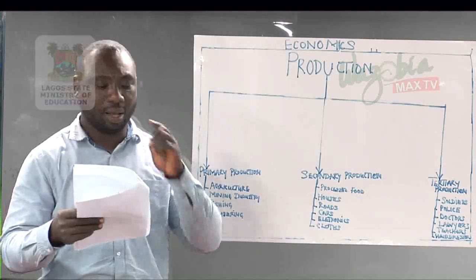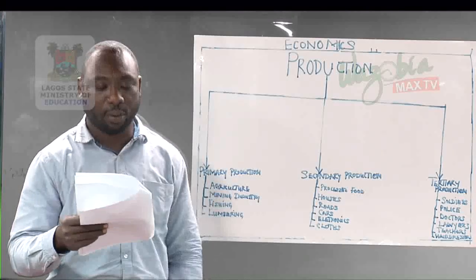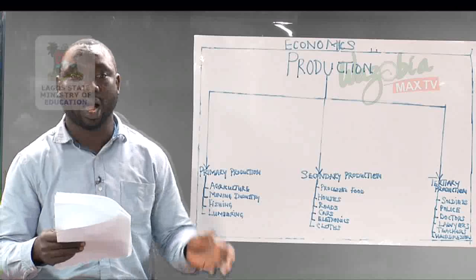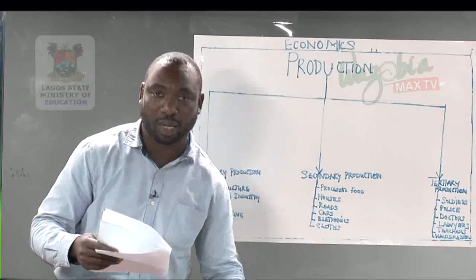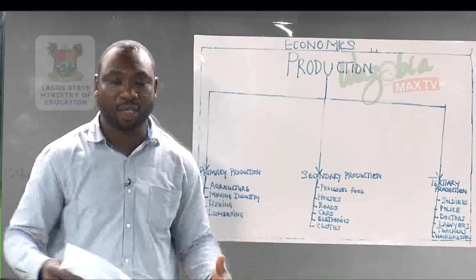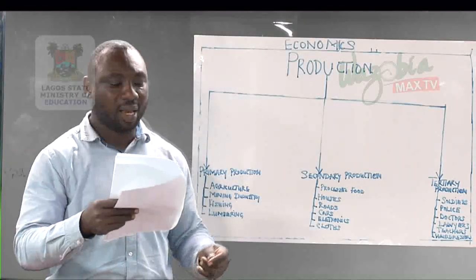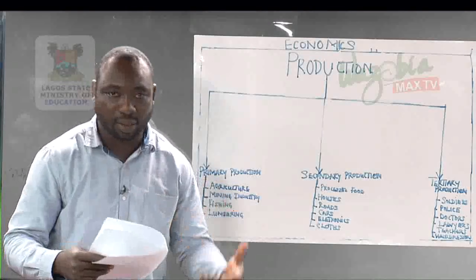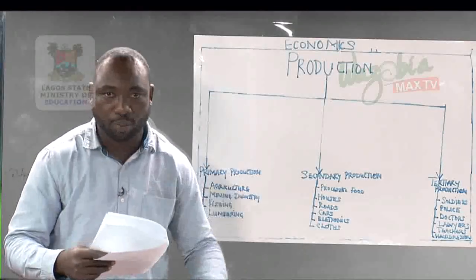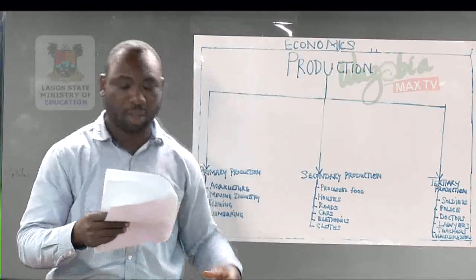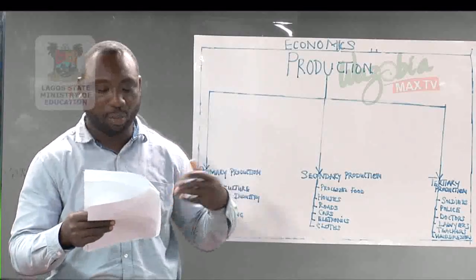Characteristics of labor. Labor is mobile, both geographically and occupationally. You can move from one job to another. You can move from one place to another. We are flexible. We are not rigid. Labor is perishable. The more you are working, and the more you are growing old, your knowledge and mental ability will be reduced.